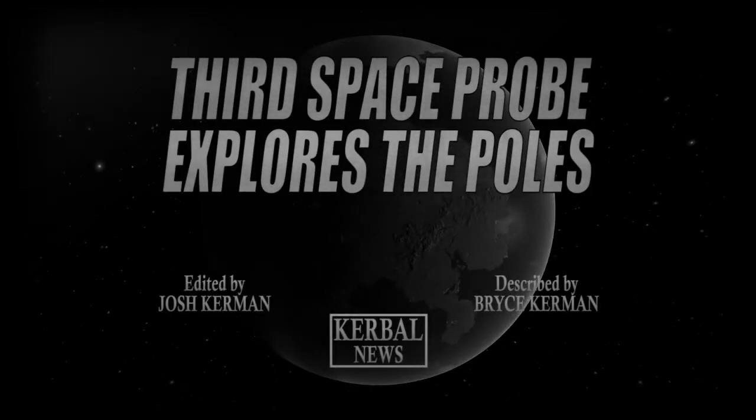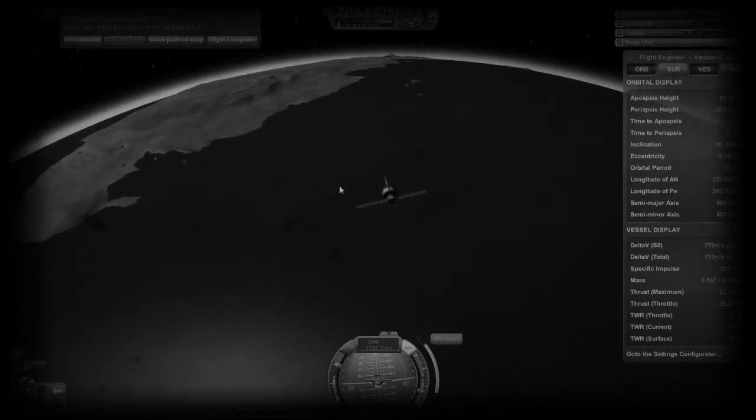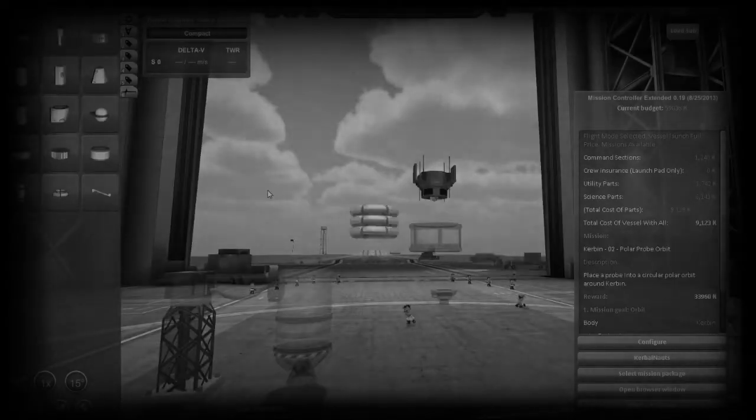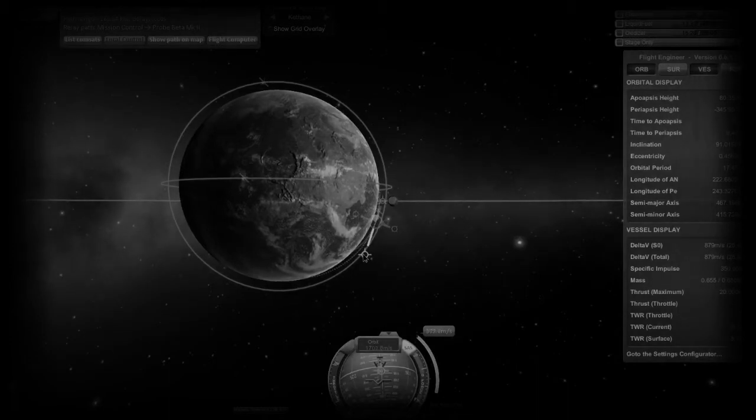Third space probe explores the poles. The Kerbal Space Administration was relieved that their third probe did not meet the same fate as its earlier counterpart. The redesigned Polar Exploration Probe was launched and inserted into an orbit intended to observe Kerbin's poles multiple times a